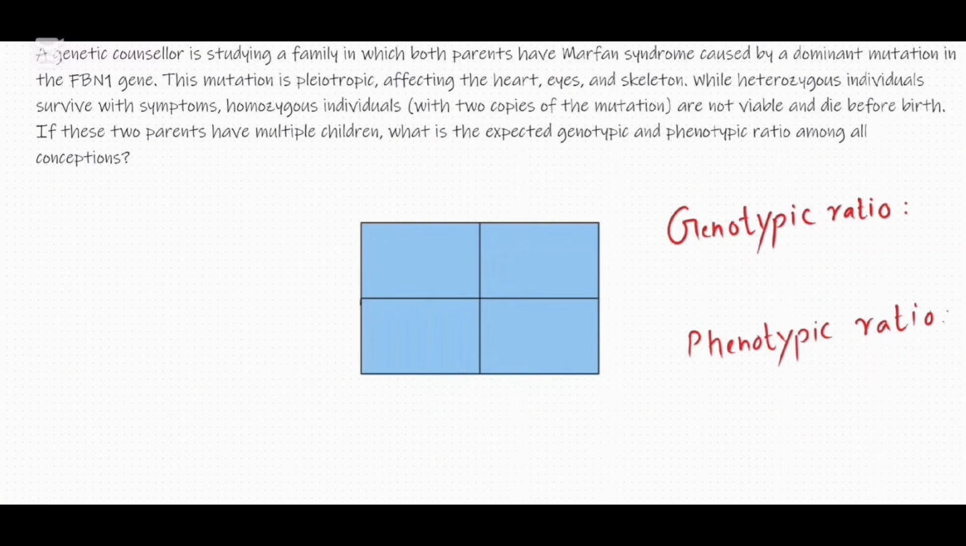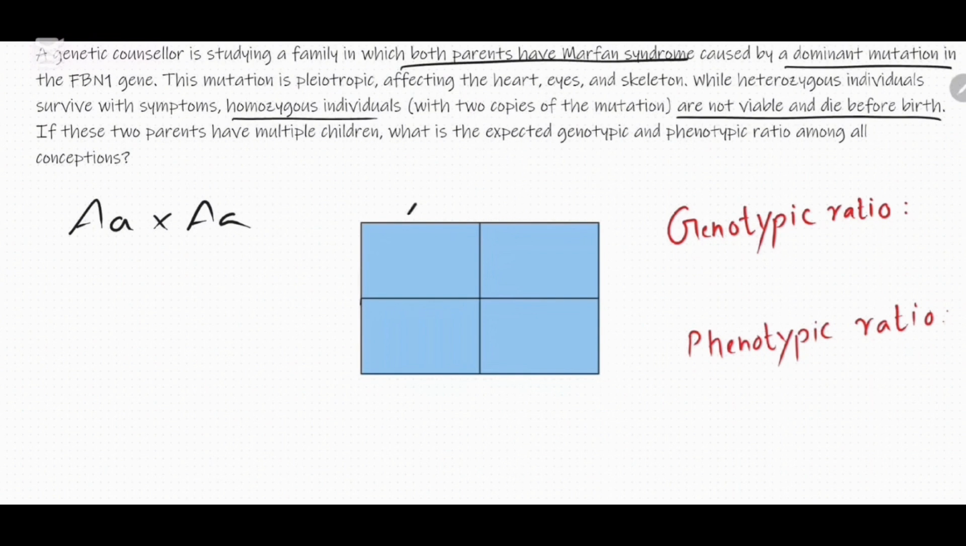So in this question, we can clearly see that both the parents have Marfan syndrome and that Marfan syndrome is caused by a dominant mutation. And so we can assume that the parents will have at least one copy of the dominant allele. But the parents will not have two copies, as homozygous individuals are not viable and die before birth. So the parents here are heterozygous individuals and we can do the cross right now. So we are going to do the cross between heterozygous parents,